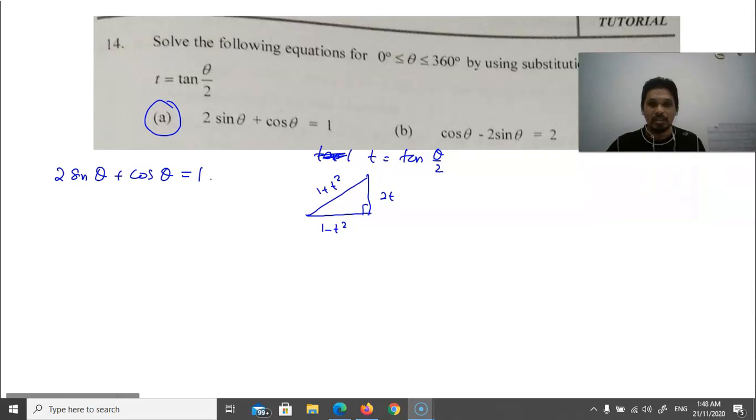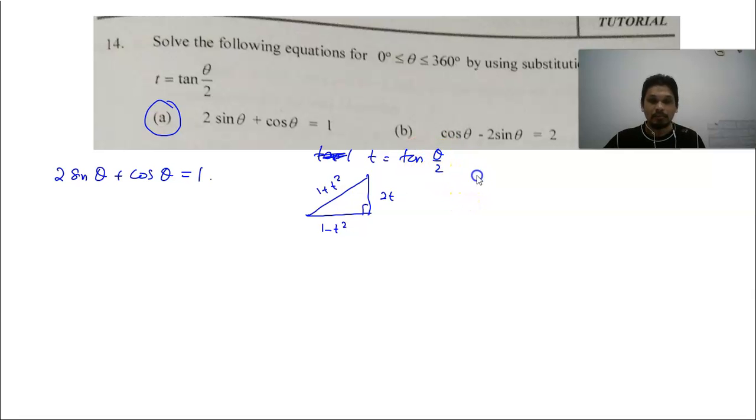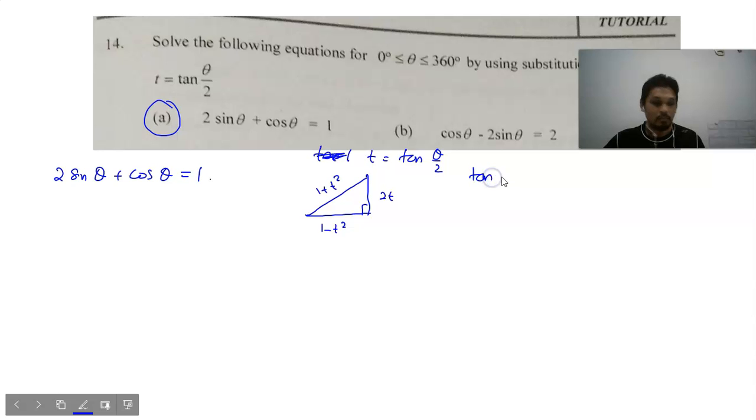Using the Pythagoras theorem, you may try by yourself, where this one, 2t squared, plus this one, equal to this. Okay, I'm not going to discuss further on that. So for tangent theta, where this is the theta here,